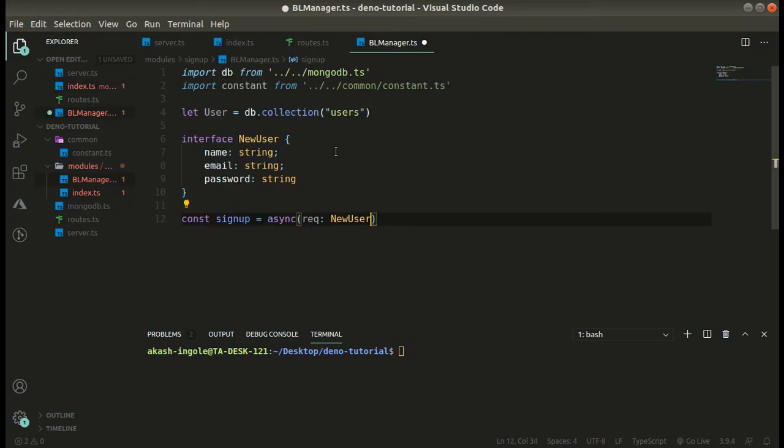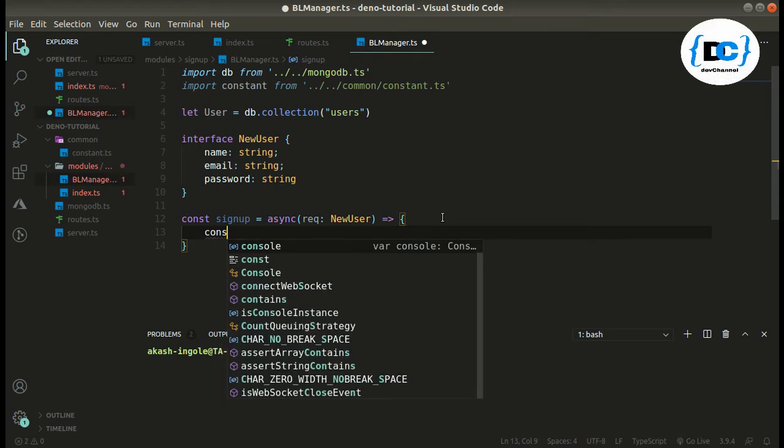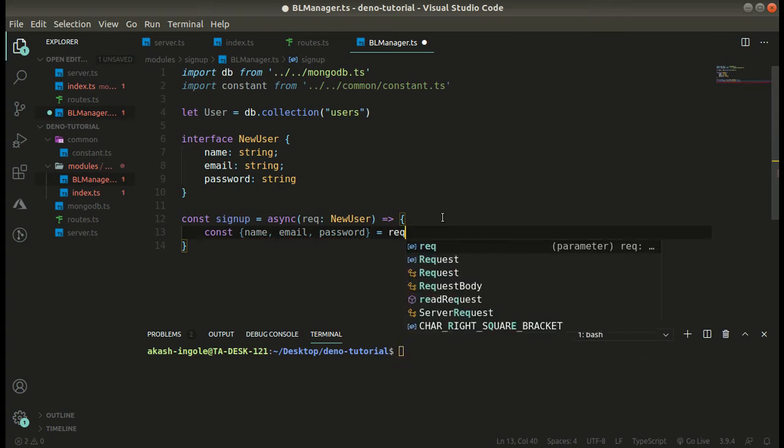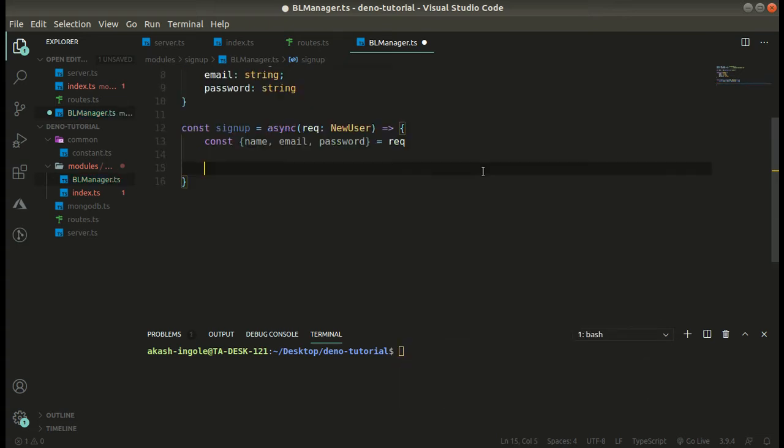As you can see, request.body.value, so that we are going to get over here, and it will be of the type of this interface that we have just created. So let's quickly destructure the name, email and password from the request.